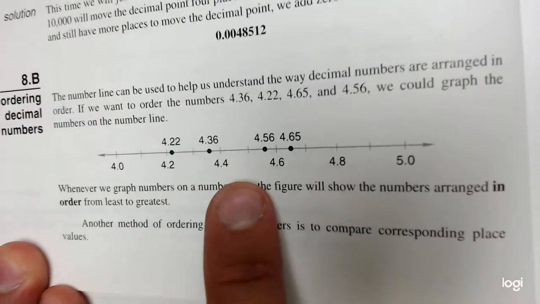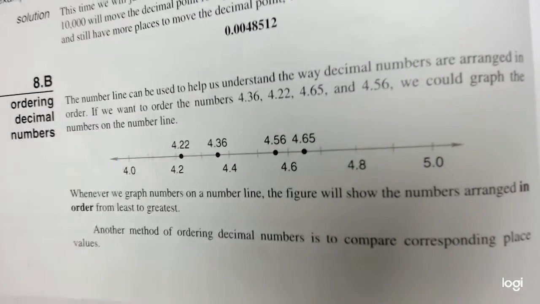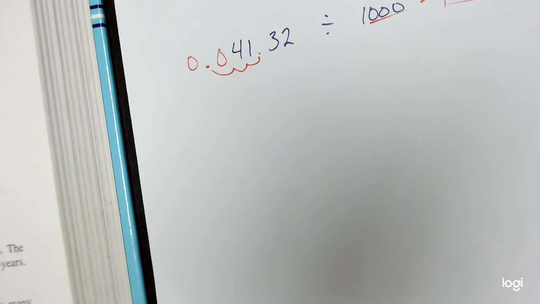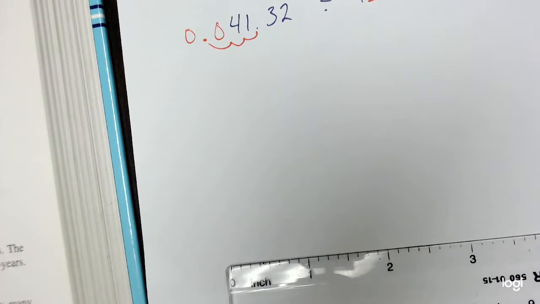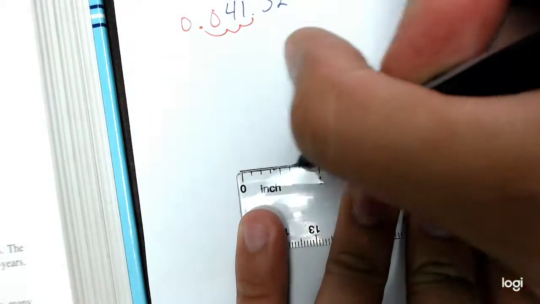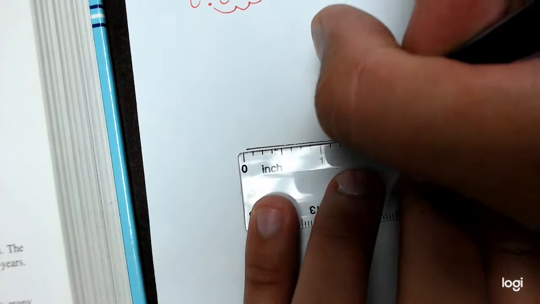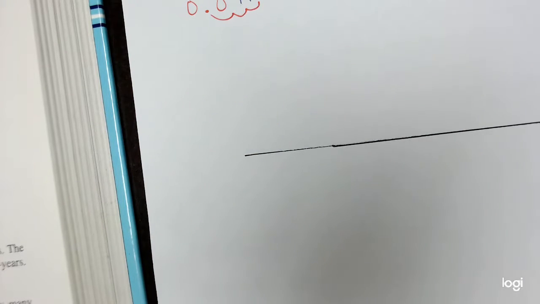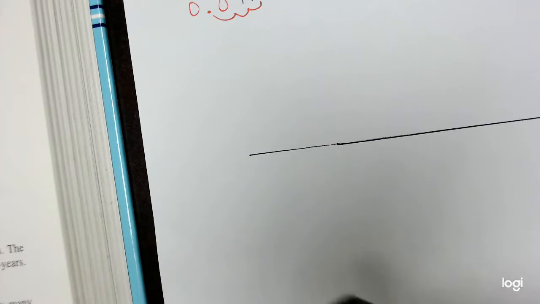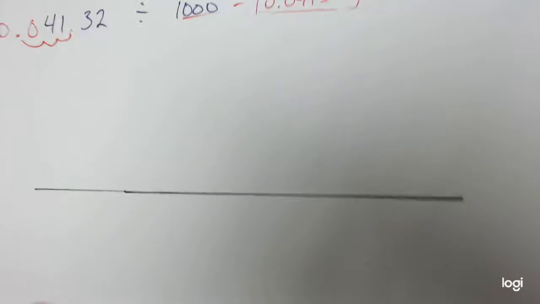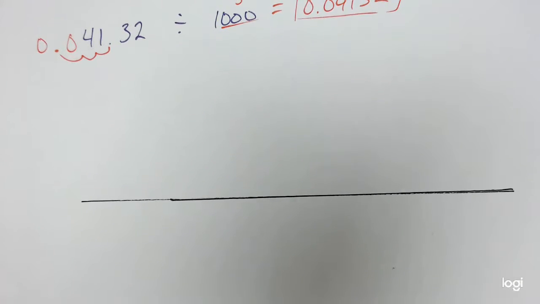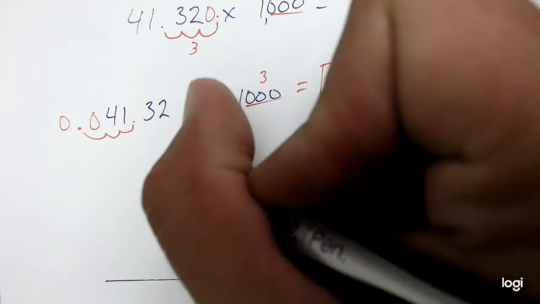All right? Now, when we're ordering our decimal numbers, we have to be a little bit smart about how we set up the scale. So let's take an example, and then we'll solve it as quick as we can to try to give you a decently short video. So let's draw our number line, and I'm not even going to put any marks on it yet because who knows where 0 is going to be. Okay, so if I'm dealing with all positive numbers, then 0 can be all the way on the left side of the number line. And the numbers I'm dealing with to order from least to greatest are, we have 0.321